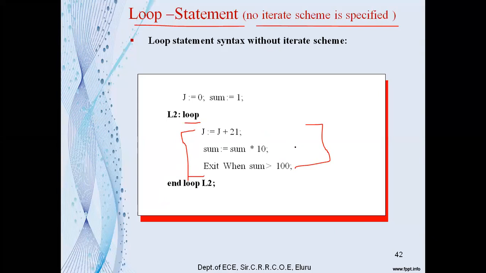But now, how do we come out of that loop? Observe this example. Here also we have two variables, j is a variable object and sum is a variable object.